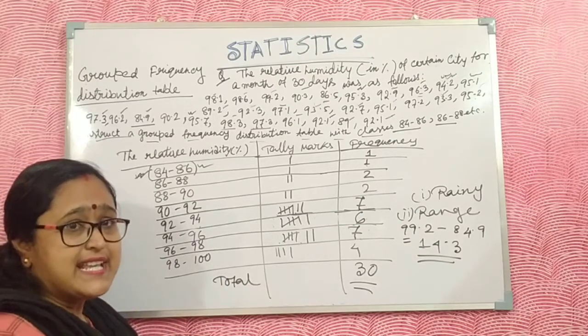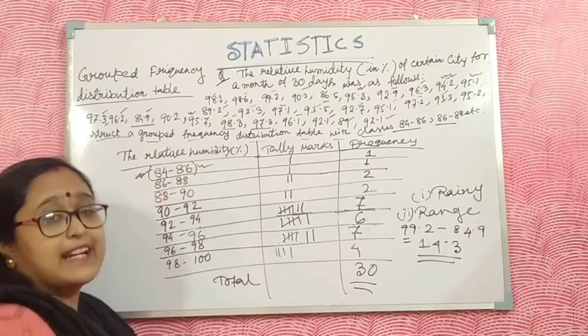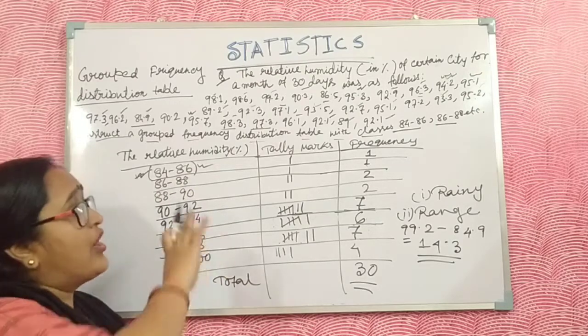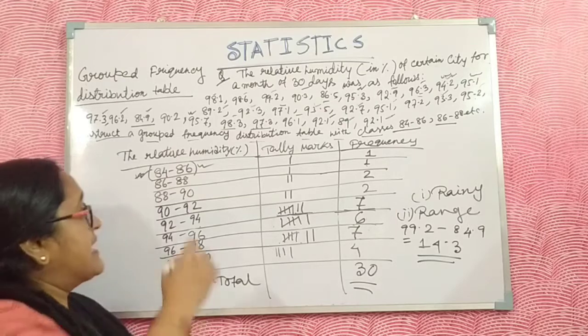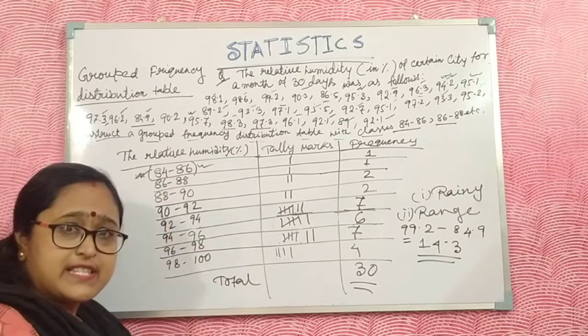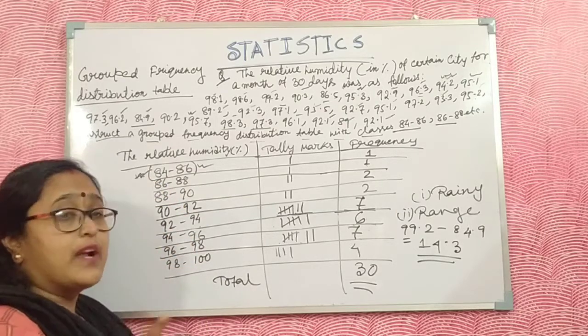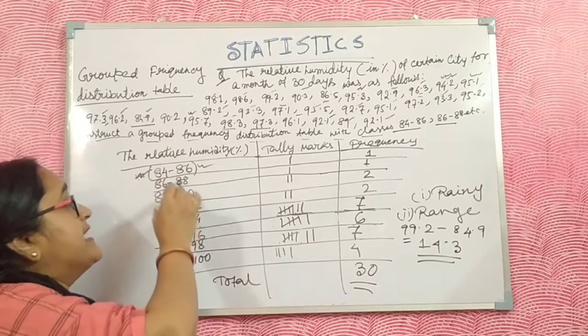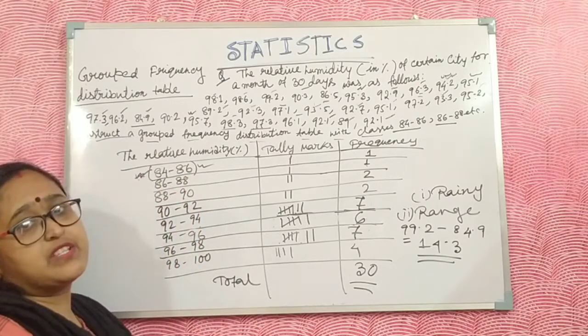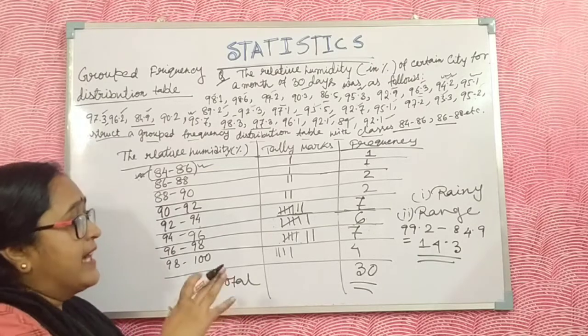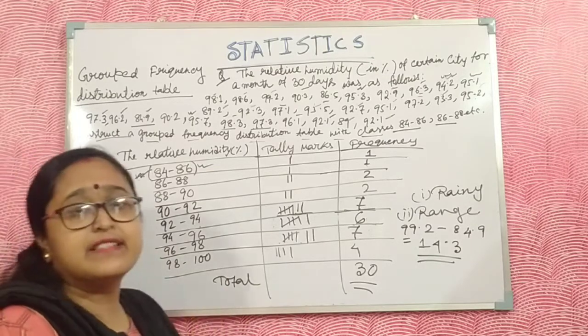And the classes, you take the class, dividing all the data into a few classes. This is the class, and the lower limit and the upper limit. In any class you take, the lowest number is called the lower limit and the highest number is called the upper limit. Okay. Now up to this I discuss in this video.